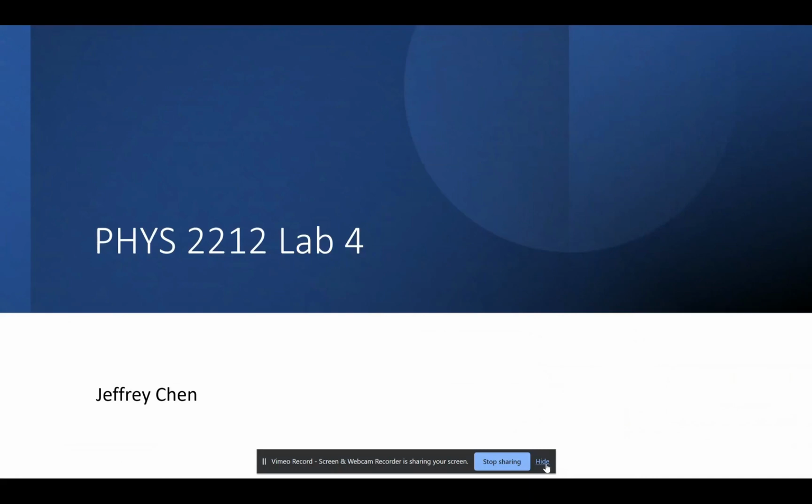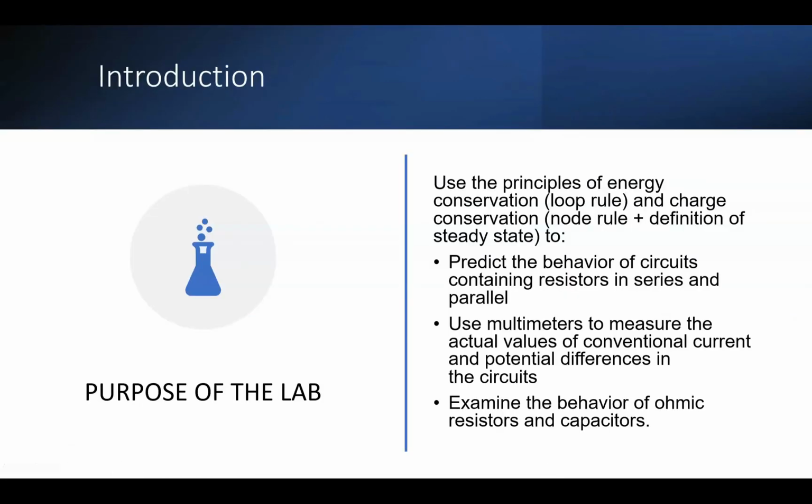Lab report for Physics 2212, lab number 4. Introduction. The purpose of this lab was to use the principles of energy conservation and charge conservation through the loop rule and node rule to predict the behavior of circuits containing resistors in series and parallel, to use multimeters to measure the actual values of conventional current and potential differences in the circuits, and to examine the behavior of ohmic